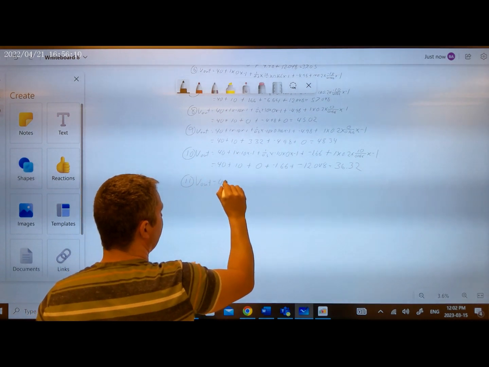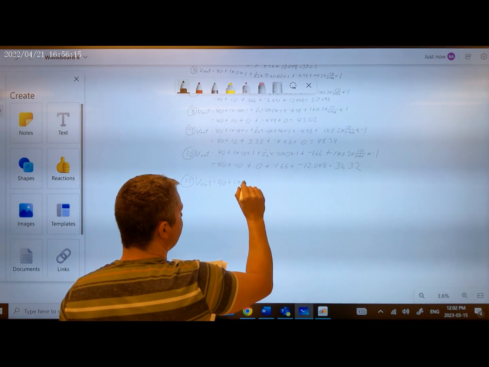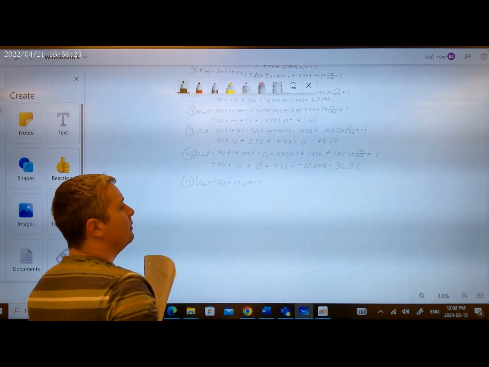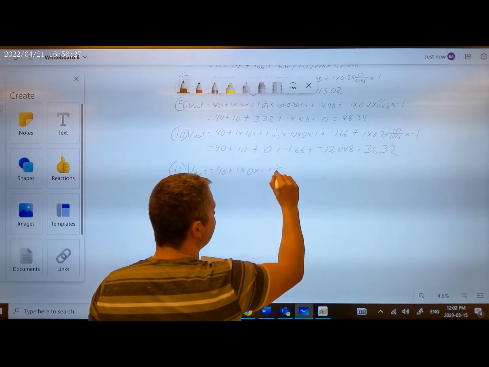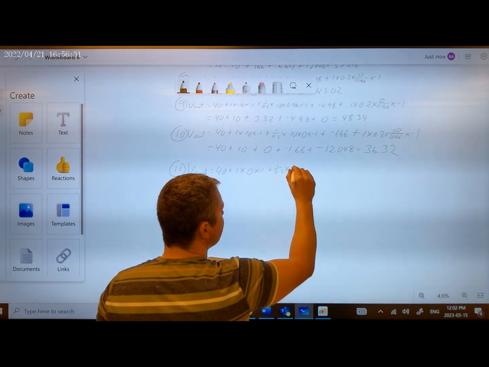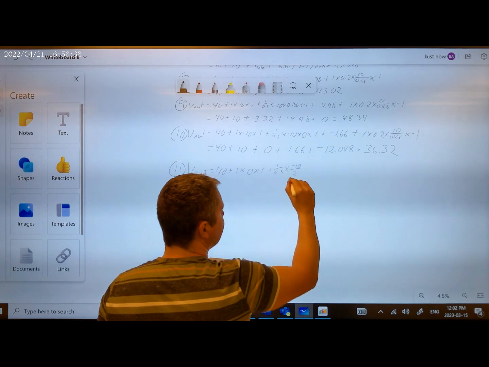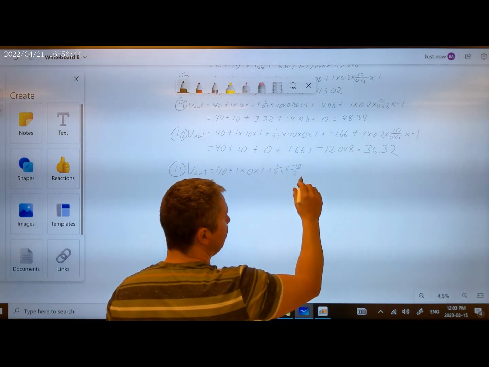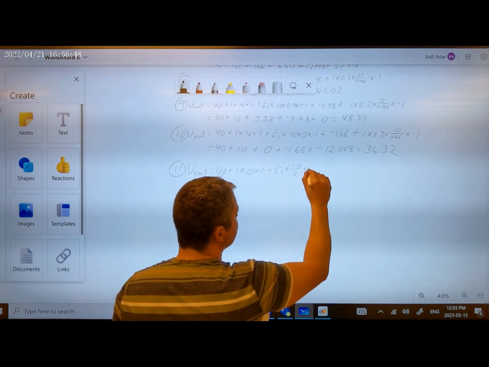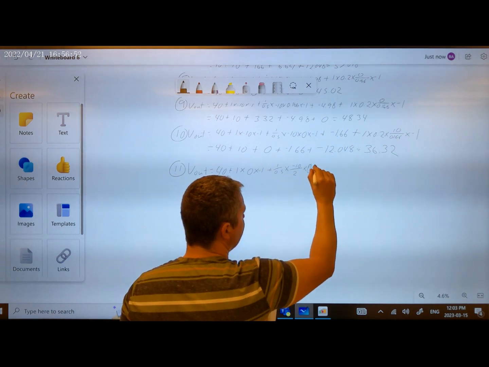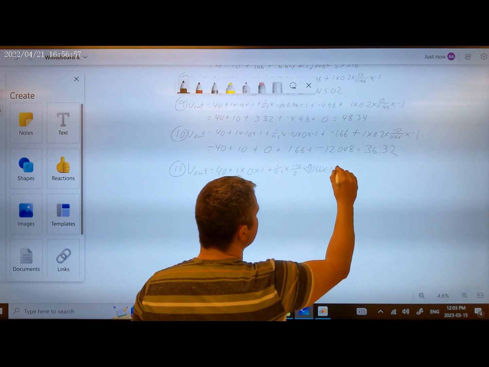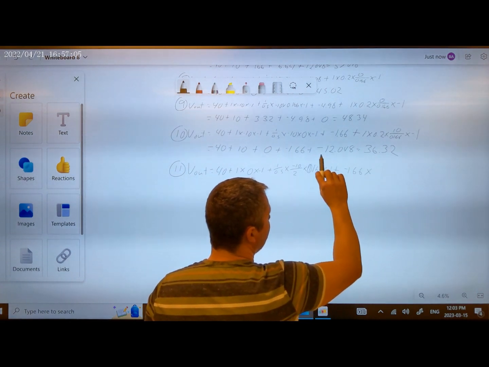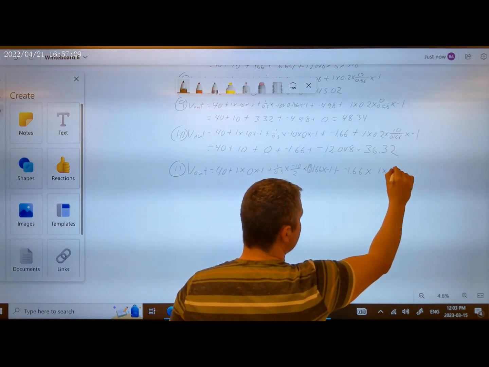V out equals 40 plus our proportional, which has an error of 0 at this point, times -1, plus our integral of 1 over 0.5 times, it is negative, and it's 10 divided by 2 because it is a triangle, and it's half of the area of the 10, times the time, which is 0.166, times the direction, plus your old integral, which is minus 1.66, times your derivative, which is 1 times 0.2,